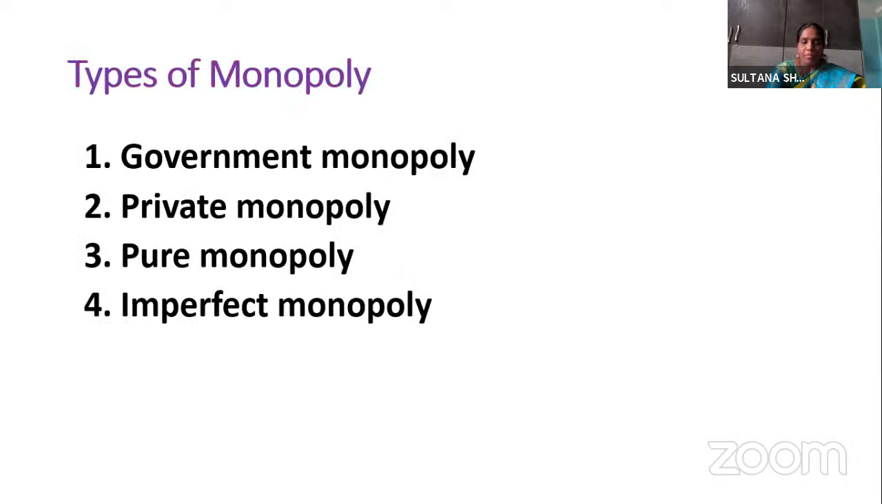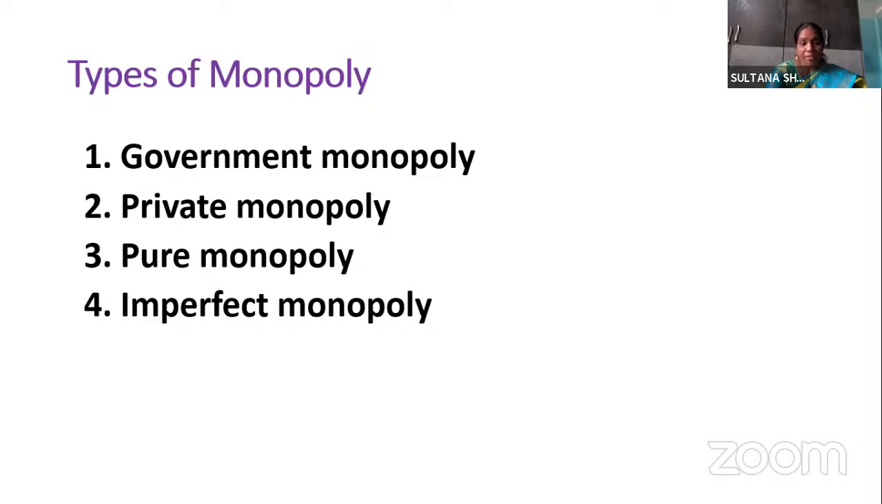Now, types of monopoly. Here we can see what types of monopolies are there. First one is government monopoly. Here he is the only single seller. The ownership of that product is in the hands of government, that is known as government monopoly. For example, railways are under the government jurisdiction only. So government monopoly, then private monopoly, where the private monopolist has the monopoly,